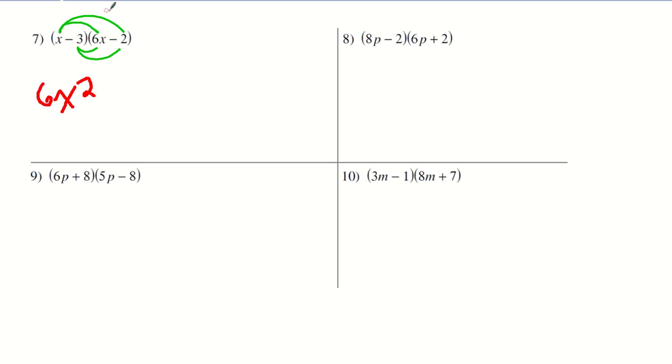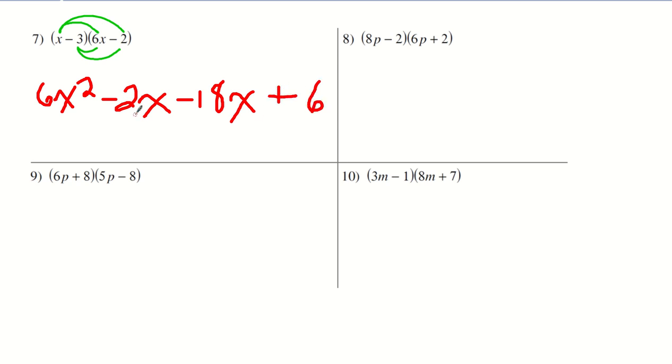Then you're doing the outers, the outside ones, which is the O in FOIL. So x times negative 2 is negative 2x. And then you're doing the inners, which is the I in FOIL. So negative 3 times 6x is negative 18x. And then you're doing the last term in each bubble. That's the L in FOIL. And so you're doing negative 2 times negative 3, getting ahead of myself, negative 3 times negative 2 to get